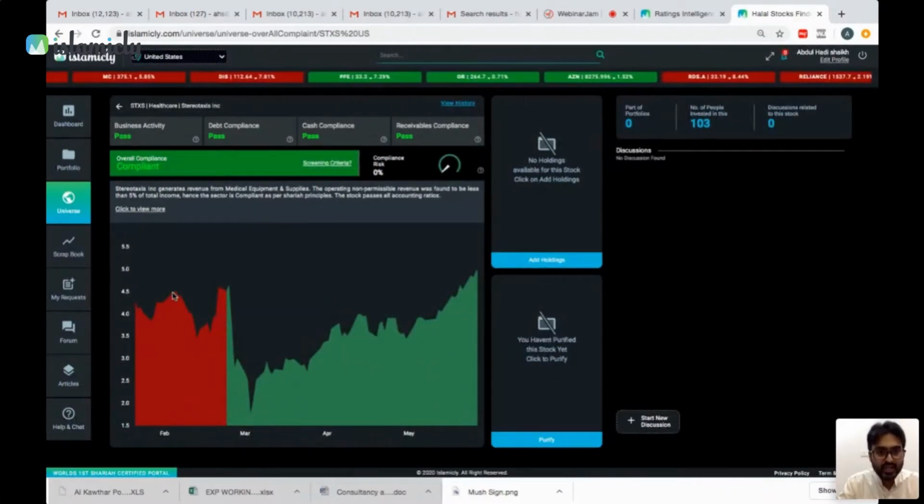So if you see, this stock was non-compliant in this period, hence the graph is red. And then it became compliant, hence the graph is green from there. It could be because of any reason. It could be because of pricing, or it could be because of his business activity passing. I'm not sure why this became compliant, but any which way, if you also click on view history,